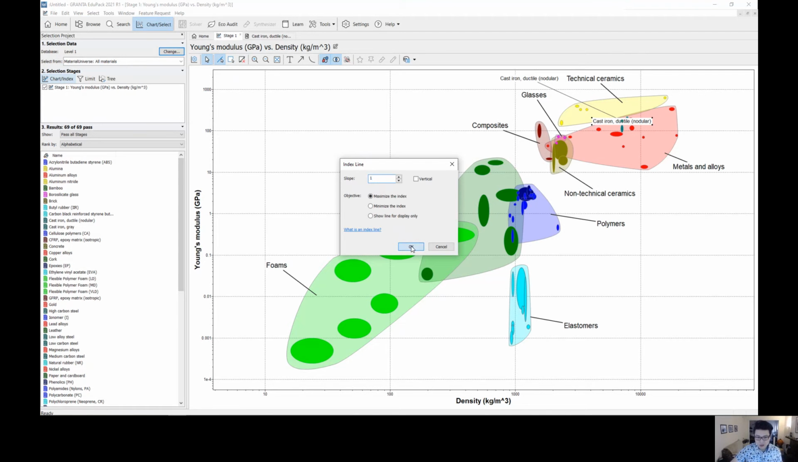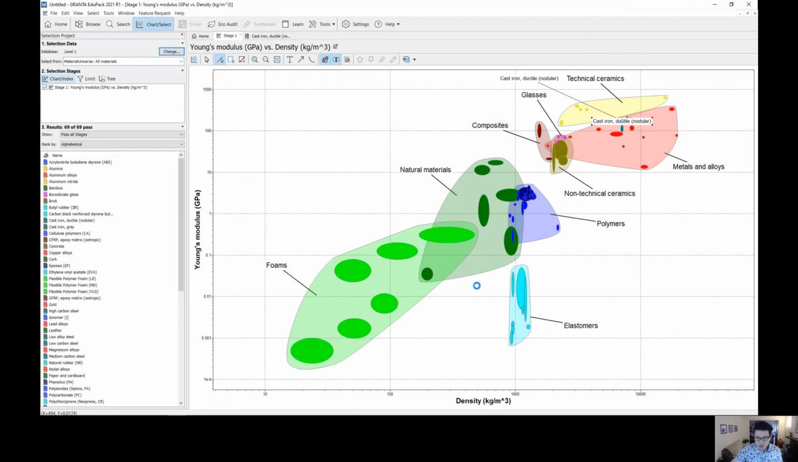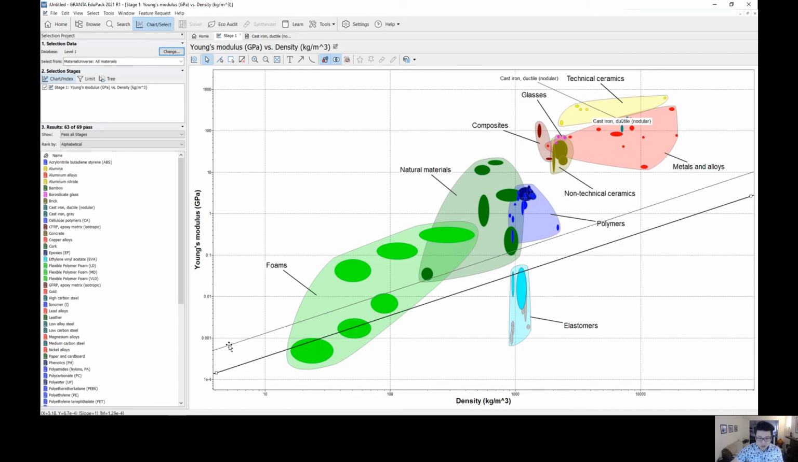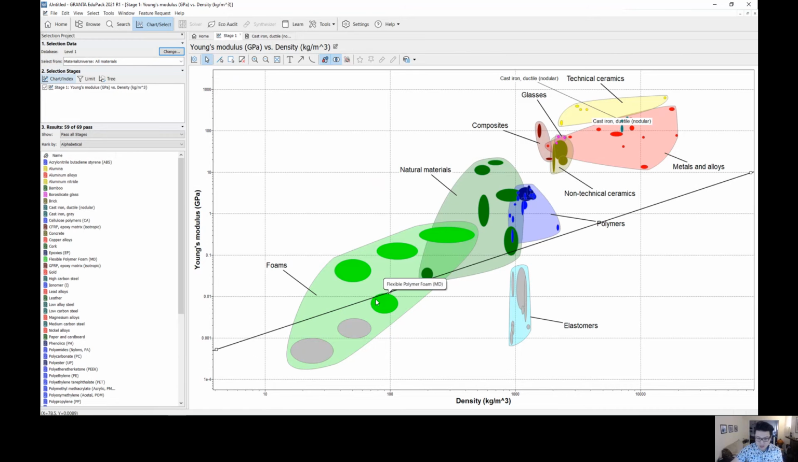And then you can just click on this and draw it anywhere you want. Notice that this line has a y-intercept. In the lecture, we'll explain that the y-intercept actually represents the MPI. Anything that lies on this line has the same ratio of Young's modulus to density, or MPI. If I move this line further, whatever intercepts that line would have the same value of